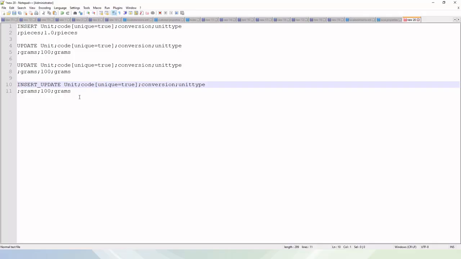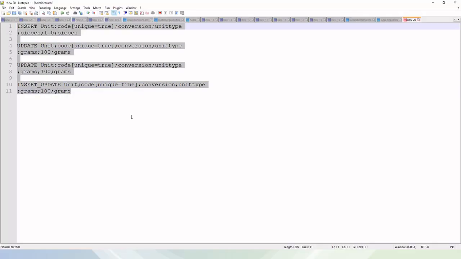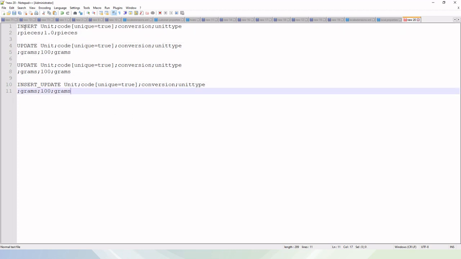So here you are seeing that I have written these four Impexes, where insert is the operation, unit is the item type, and code is the attribute for which I have defined unique equal to true.